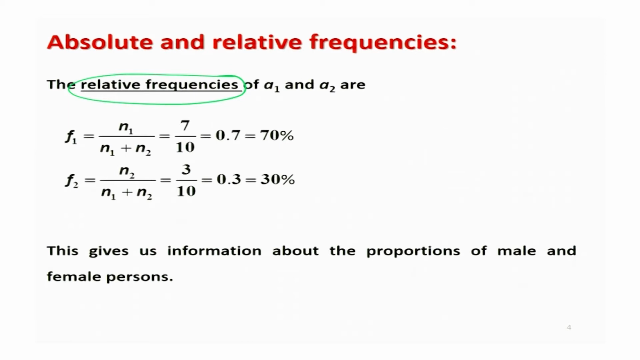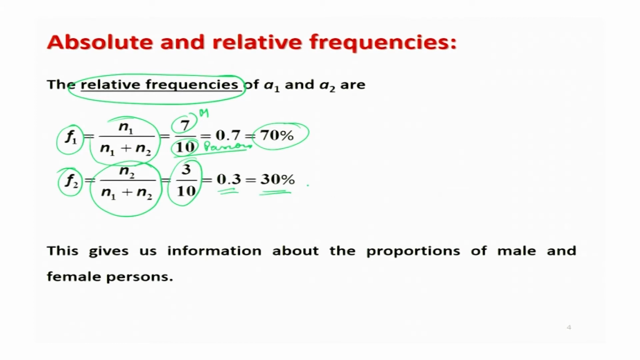The relative frequency of class A1 is indicated here by F1, which is simply N1 upon N1 plus N2, which is 7 males out of a total of 10 persons, equal to 0.7, or equivalently 70%. The relative frequency of the second category is N2 upon N1 plus N2, which is 3 upon 10, that is 0.3, equivalent to 30%. So, I can say that in these values there are 70% males and 30% females, right. This relative frequency gives us the information about the proportion of male and female in the